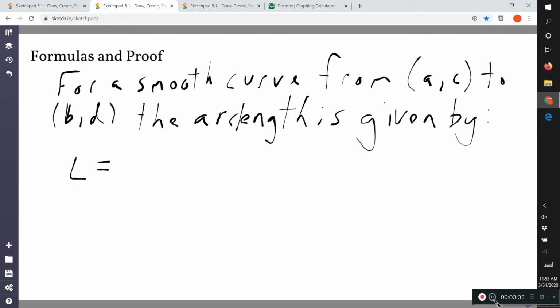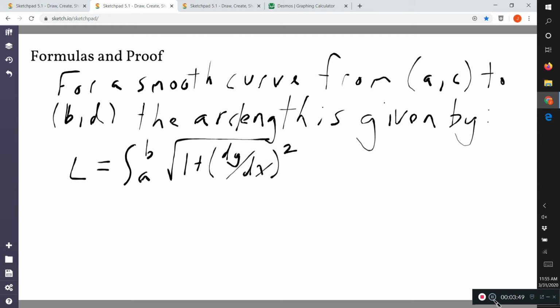L equals the integral from A to B of the square root of 1 plus the quantity dy over dx squared dx,